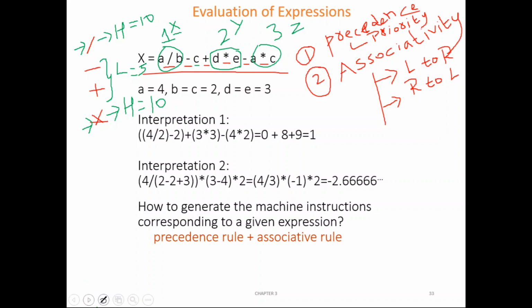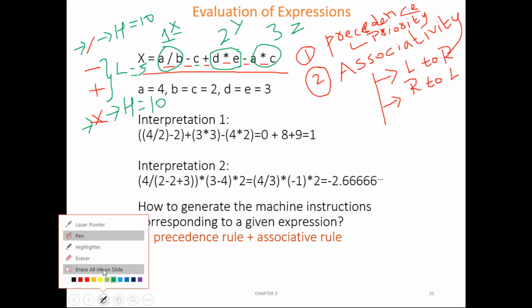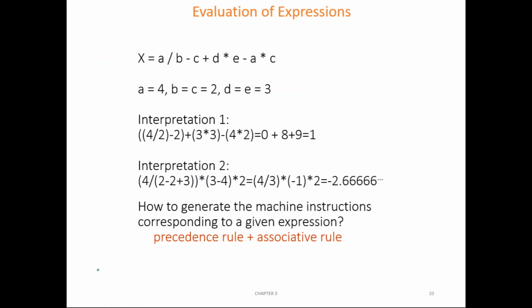Okay, fine. So this is how this particular instruction will be executed by the C compiler. But if the instruction is more complex, then how will it execute? Then there is a table which defines the precedence and associativity rule. Before going to that, let us build some small understanding. Let us assume this is the instruction which we want to evaluate. Let us assume A is 4, B and C are holding the value 2, and D and E are holding the value 3. Then how should this instruction be executed?